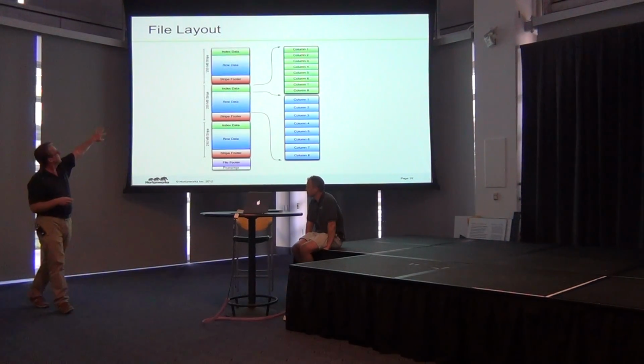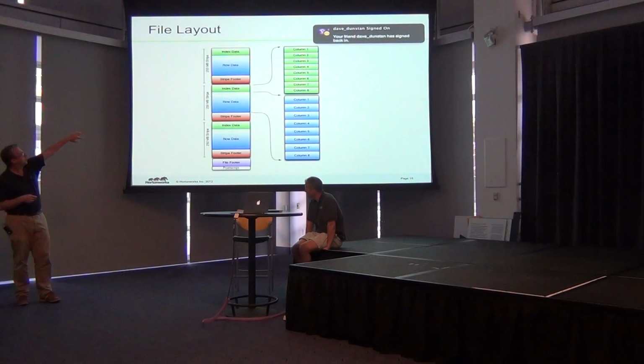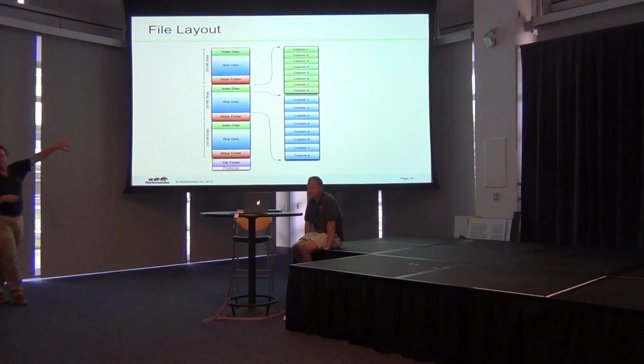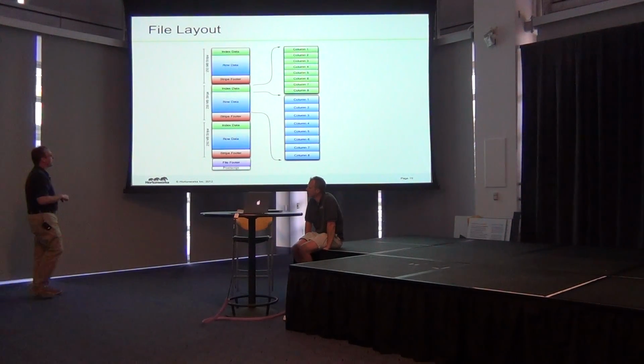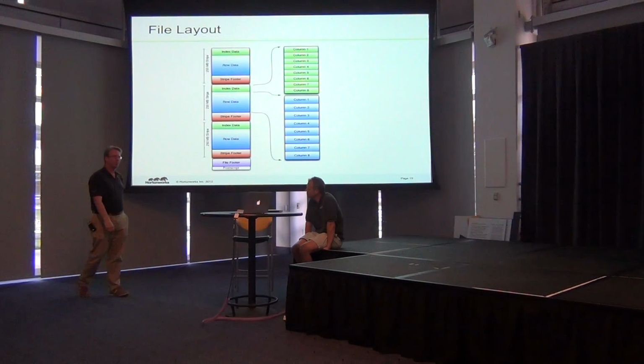So here you've got a file with 3 stripes. The index data is at the top, broken down by column. The blue section is the row data. It's also broken down by column. You do this, of course, so that if you are just reading columns 1, 5, and 6, you can just read the bytes that you need. And then the stripe footer is at the bottom. And down at the very bottom is the file footer postscript.